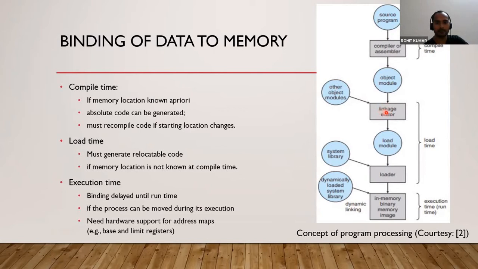After getting the required linking, there is the load module concept. Now you are supposed to load your module into main memory. Here all the system library files come into the picture. When you write a C program, I hope all of you are familiar with C at least, there are some header files. All those header files are added with your object module, and your loader will load all these contents together into main memory.